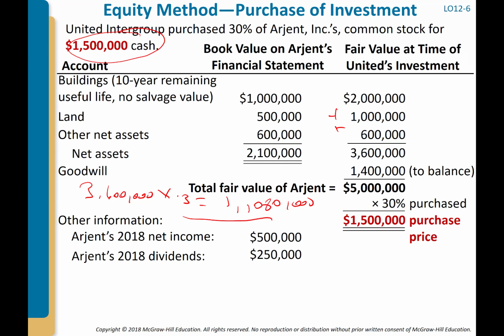If we pay more than the fair value for these assets, we are purchasing something that is not tangible. It is not something you can just look at, like a piece of land or a piece of equipment. And so that difference is considered goodwill. The whole amount is not goodwill. The difference between the 1,500,000 and the 1,080,000 is going to be our goodwill, right? For example,